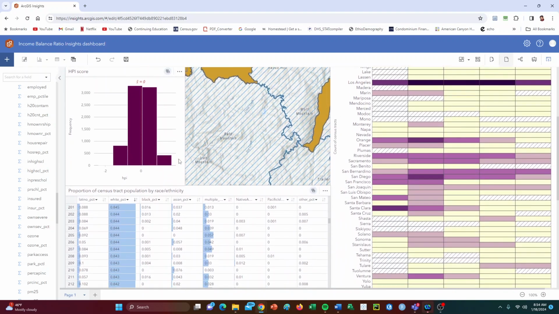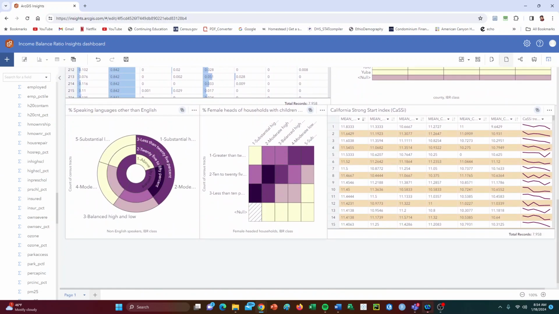The data clock below the race and ethnicity table shows census tract percentages of persons who speak languages other than English by the 5 IBR classes. Again, the percentages are grouped into 3 to include tracts where A, less than 25% of the population spoke languages other than English,